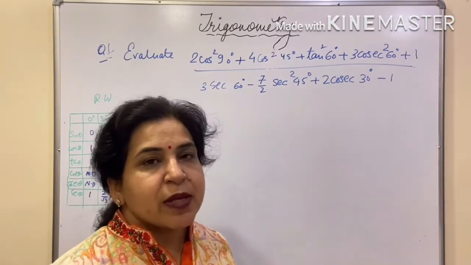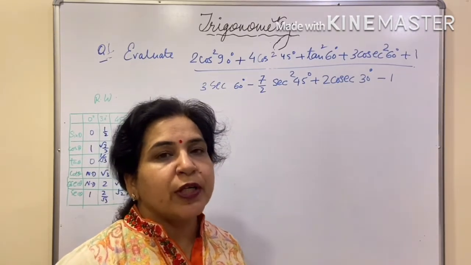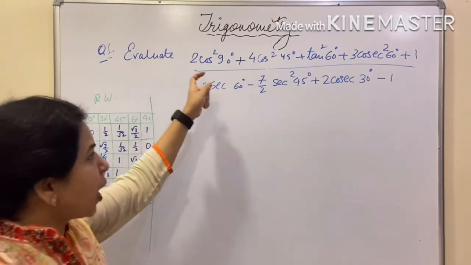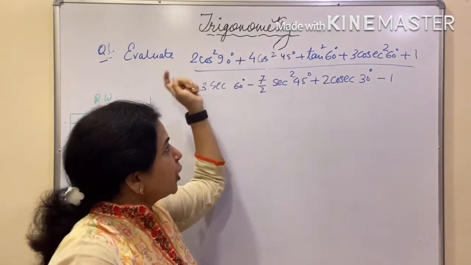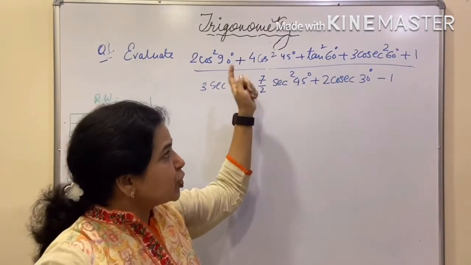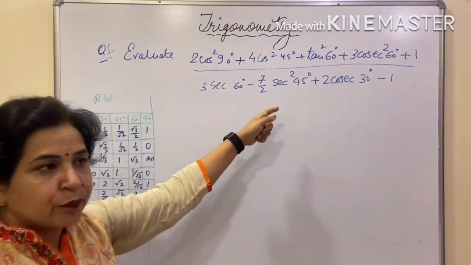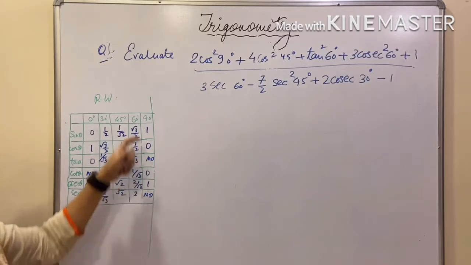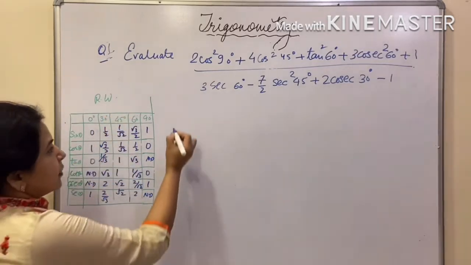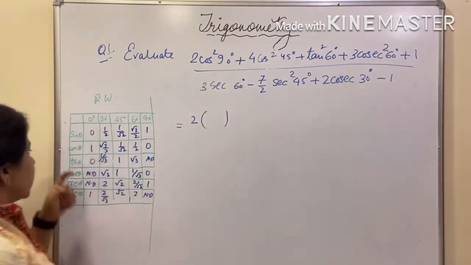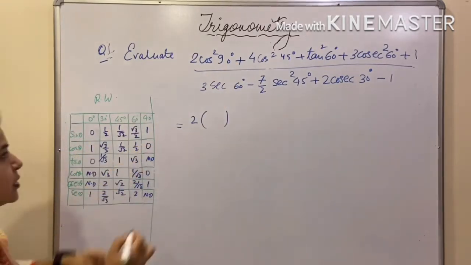Now today I am taking some extra problems which are important from examination point of view. So this is the first question. Evaluate this. First of all, you have to see the angles. Here the trigonometric ratios for these angles we already know. If you don't remember, then you can make a table in your rough column and then solve this. Put the values here. Cos 90 degree is 0.